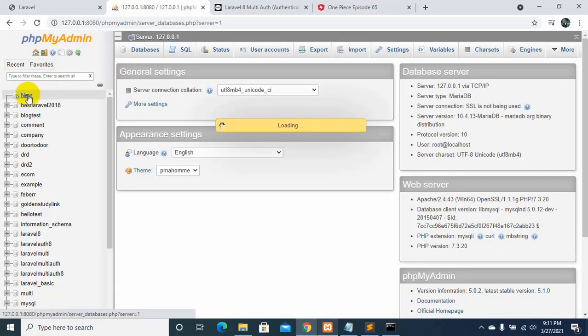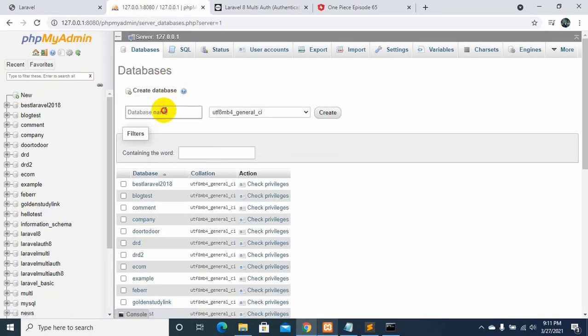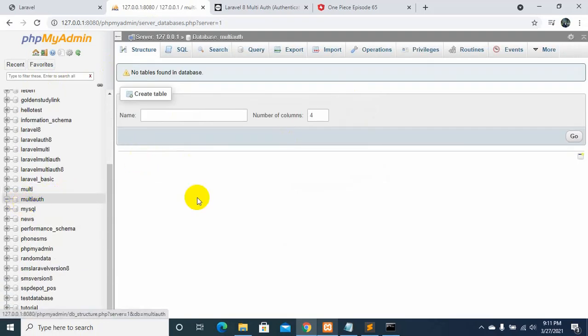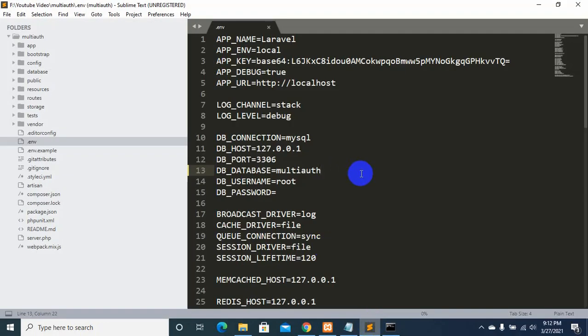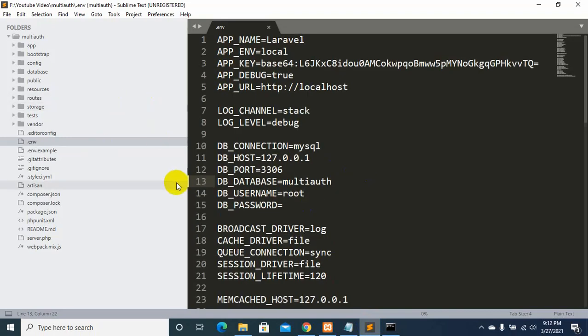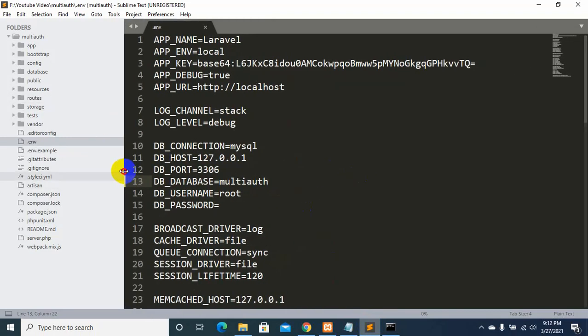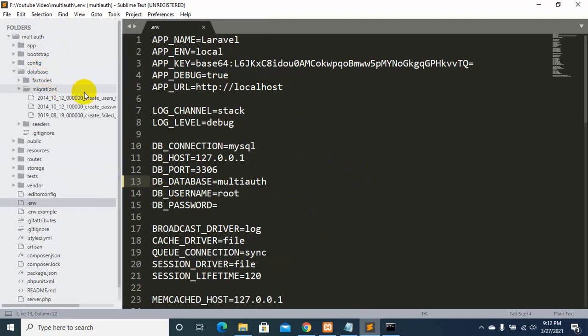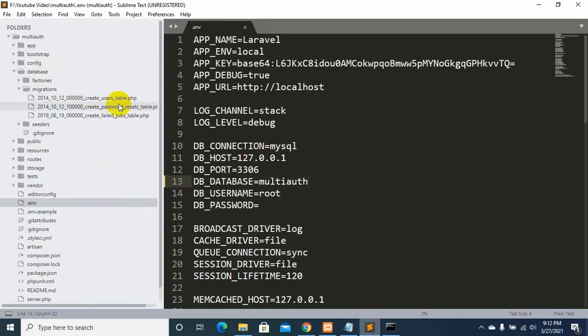We need to click new, and then we'll say over here multi-auth. Okay, let's click create. Okay, our database is created, which is this one. Okay, so again let's go over here, and this time we will go inside database, then migration, and over here you can see user table. We will go inside it,